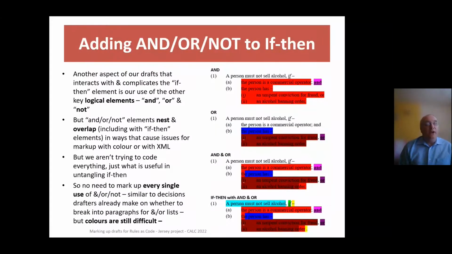You can also colour code for and or. We have sophisticated ways in our drafting of using paragraphing and indenting to show what's covered by and what's covered by or. You can use colour to illustrate that, to pick that out, but it again starts to get complicated if you mix and or, and it gets even more complicated at the bottom of that example there if you're mixing if then with the and or. And we're reaching the limits of usability of colour coding by that point, really.